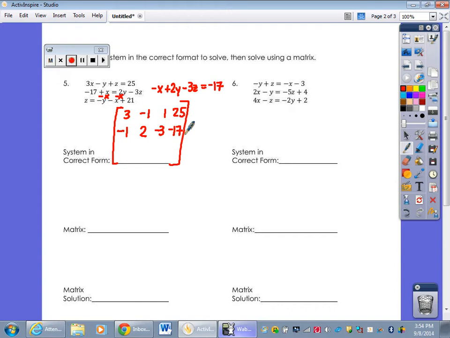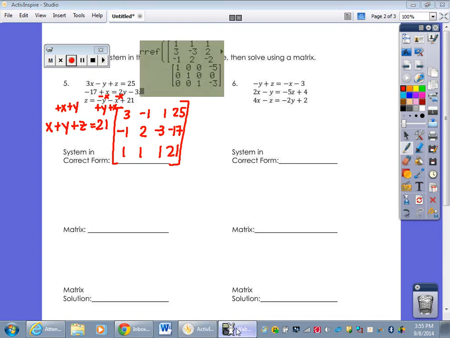For the bottom one, I'm going to go ahead and add y and add z. So this is going to be plus x, add x, not z. So I'm going to add y and add x. And so on this side, it's going to be x plus y plus z equals a positive 21. Okay, if we input that into our calculator,